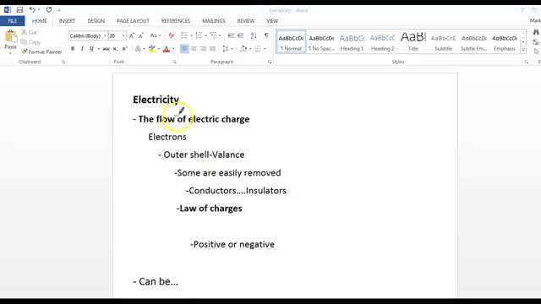Okay, so if we look at electricity, electricity, if you want to define it, is the flow of electric charge. And really the thing that's flowing are electrons. And our electrons, if you remember, are negatively charged. This is based on the idea of the atom. So if you have